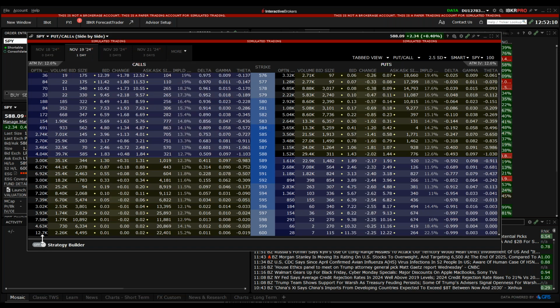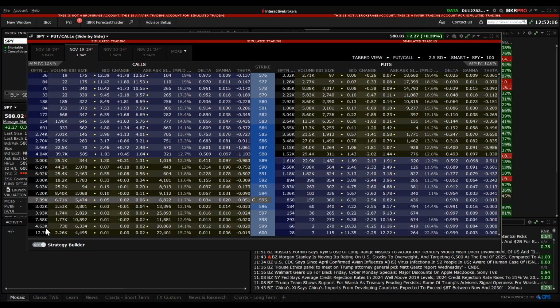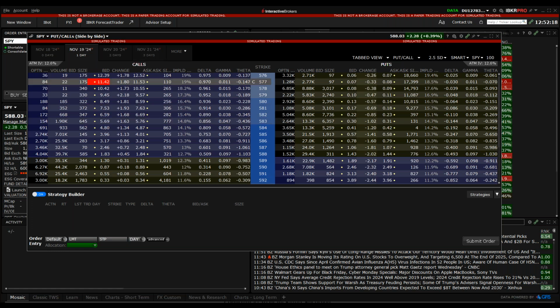What we're going to do is turn on the strategy builder at the bottom. Had I selected strategy builder, that would be turned on. It's turning it on, turning it off. Or you just select the option chain to get there. Or you could select the strategy builder.